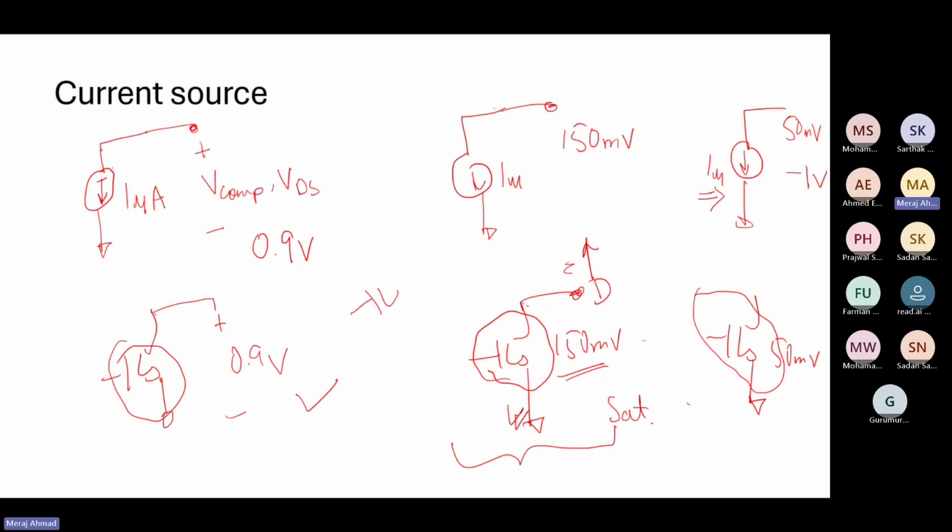Let's assume we design a current source, and while designing you take care that it works at minimum VDS, let's say 150 millivolt. We will see how we bias and how we select the W by L. But the idea is, if it works at 150, then if it is 200, 400, 900 millivolt, it will work. Why this is important is mostly